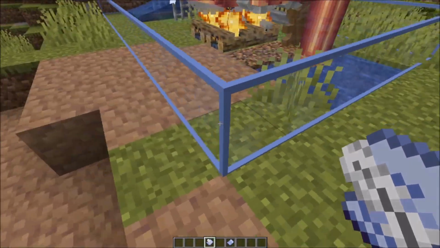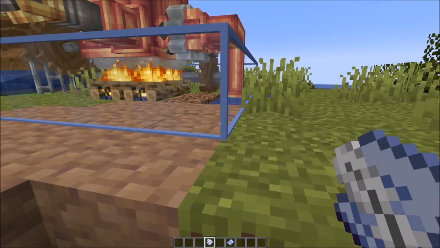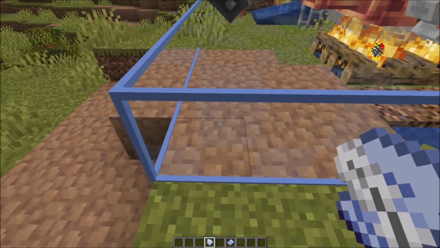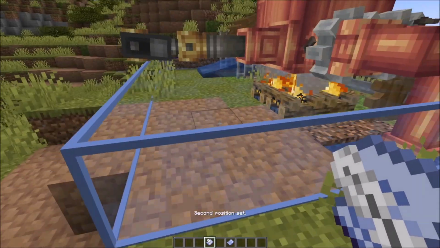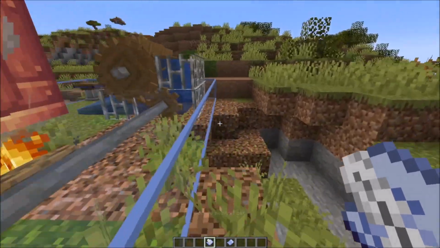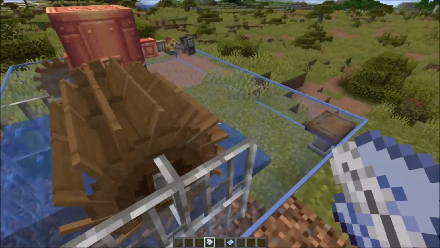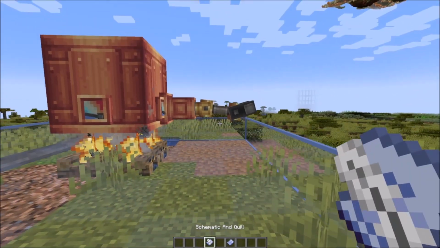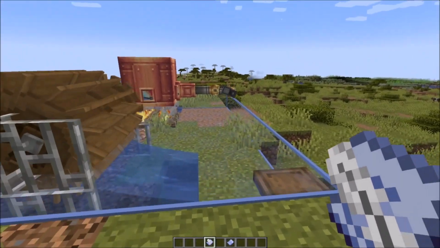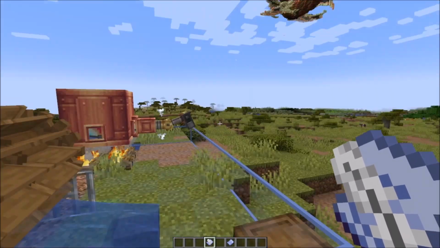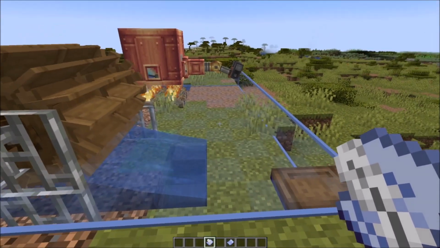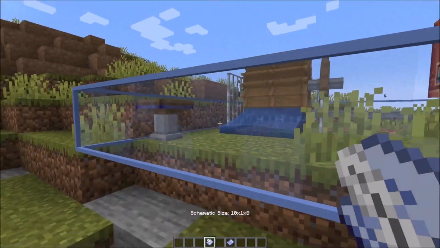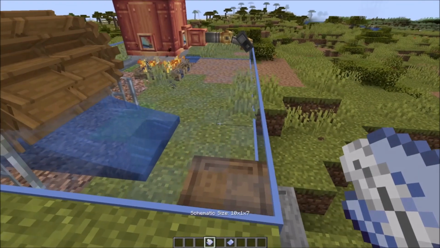I'm going to go over here, make sure my blocks line up, and set my second position here. Now you can actually be rough with the box because, as I'm about to show you, if you hold your schematic and quill, you can hold down the command button, or control if you're on Windows, and scroll while holding command to pull and push the box in different